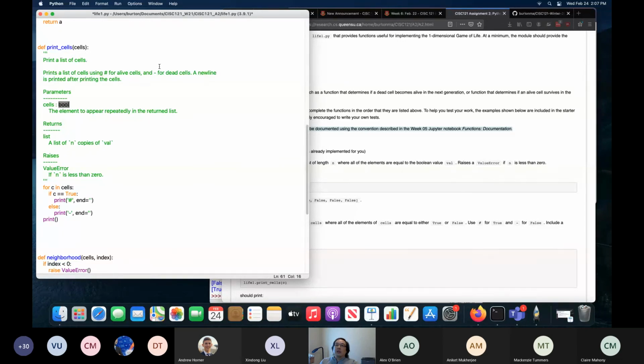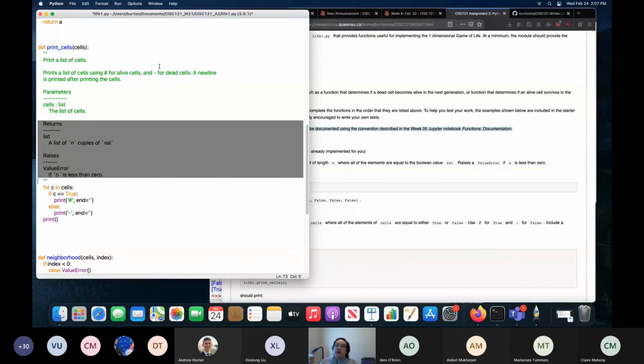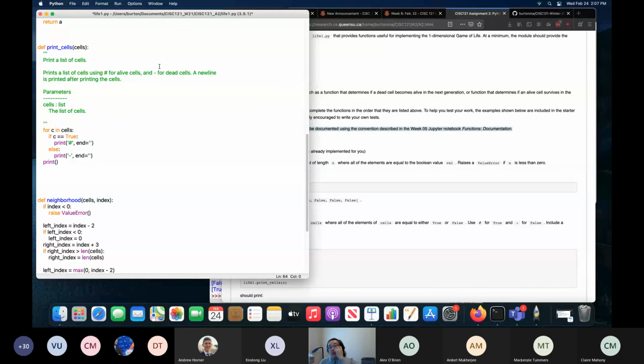So your parameter name is cells. It's a list. Technically, it's a list of bool, but list is fine. The list of cells. It doesn't return anything, so get rid of this. This one does not raise an exception, so you get rid of this. And there's your documented print cells. Unfortunately, Python has no standard documentation format, so there's no way in IDLE to insert default documentation. Why there's no standard documentation format in Python, I don't know, because Python came after Java, and Java has one. Anyway,